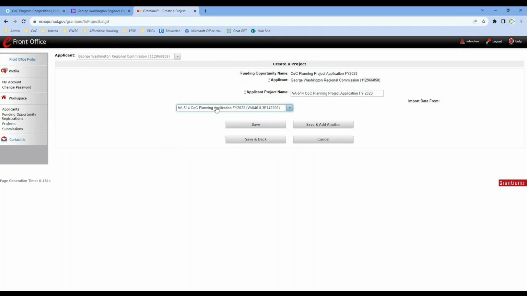If you are a returning applicant, you'll see that you are able to copy over your application details from the previous year if that is helpful. So if you're wanting to start not from scratch, but utilize some of the information that you put in last year, you are still able to do that. So just make sure that you select that application to carry over from.